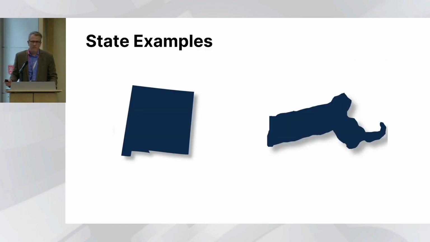I want to wrap up with just two state examples, and I'm going to need to really check my notes here because I will probably get things wrong. Like I said, we focus mostly on the tax side and not the spending side. So if I misstate anything about these two states, you can tell me. I want to start, though, with New Mexico.